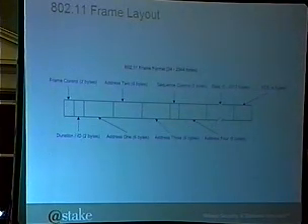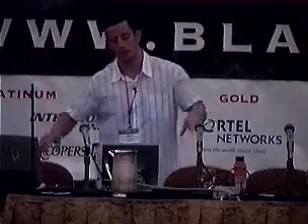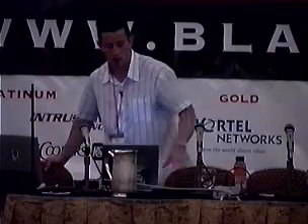So first you've got your frame control. These are your control flags, and it talks about the version of 802.11 that's currently being used. We'll look at that in a second. This is an overview. Duration ID is the NAV that I talked about. Then you've got your three addresses, which are usually source, destination, and BSSID. Sequence control, and then address 4, which is used only when you have frames that are going from one distribution system to another distribution system. In other words, from one access point to another. Then you have optional data, and then your frame check sequence.